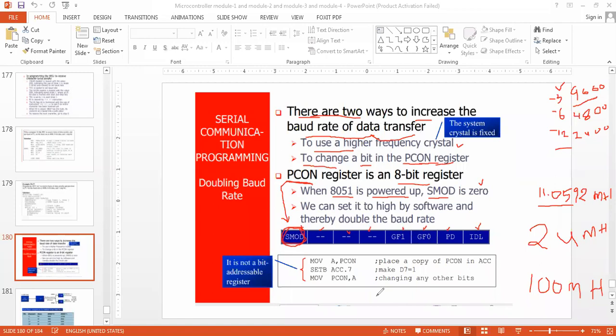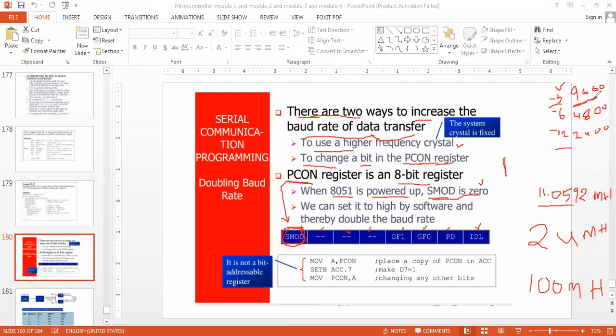Okay. Now, SMOD is basically 0 by default. If I make SMOD equal to 1, then the baud rate is going to be doubled. Doubled means if I set -3, the speed will not be 9600, but double of 9600.